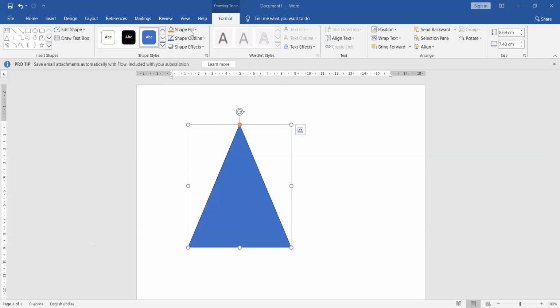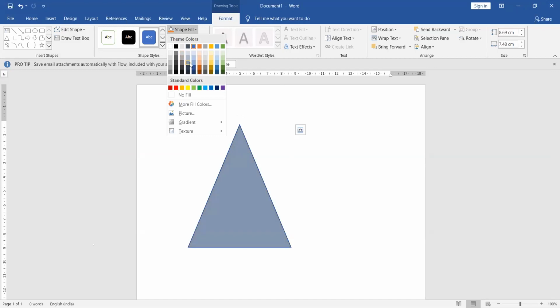Okay, now I can decide to choose any particular color. Like if you can see, I'm just scrolling these. I have not saved any setting, but the previews are available. Okay, so these all colors can be changed. Now, if you don't want to make it a filled one, then you can choose no fill. If you want to choose more colors, then a new window will appear where you will see a variety of new shades also. Okay, if you want to fill it with a picture, if you want to use gradients